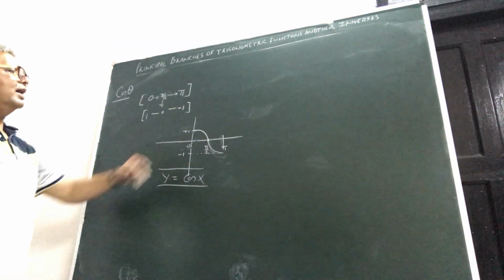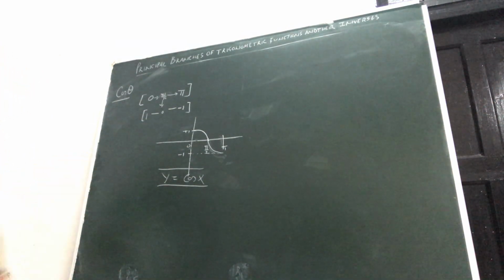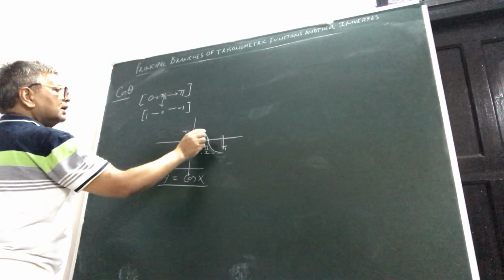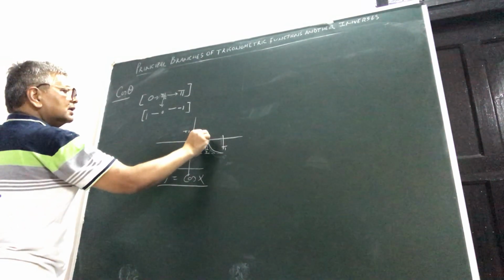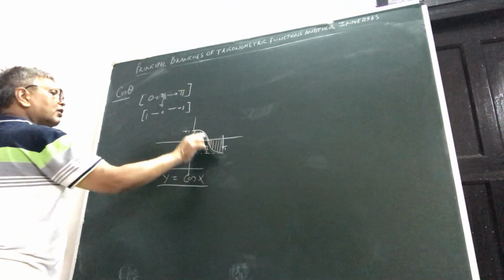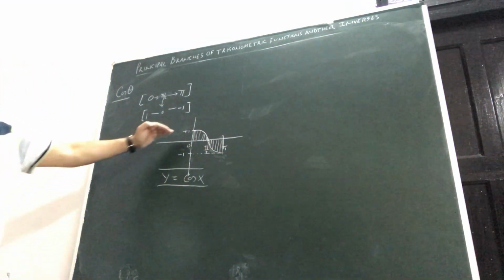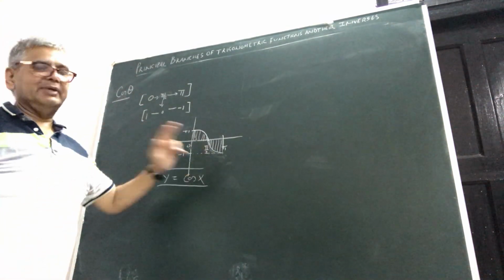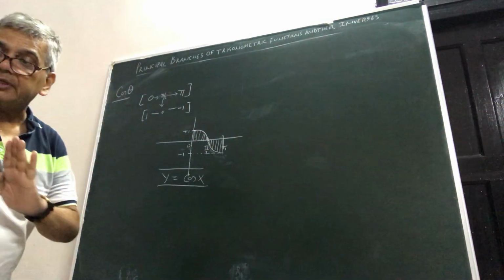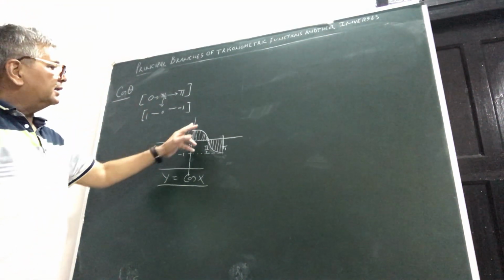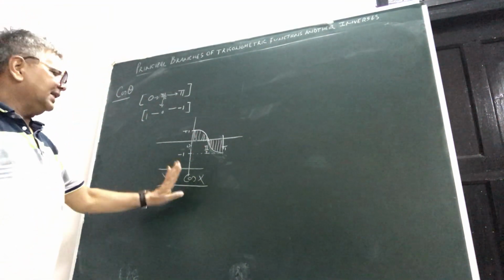Now see, firstly make sure that all the values, and all the intermediate values, are coming here. From 1 to minus 1. So clearly, all values from plus 1 to minus 1 are being acquired in its principal branch, and the principal branch is the closed interval 0 to pi.